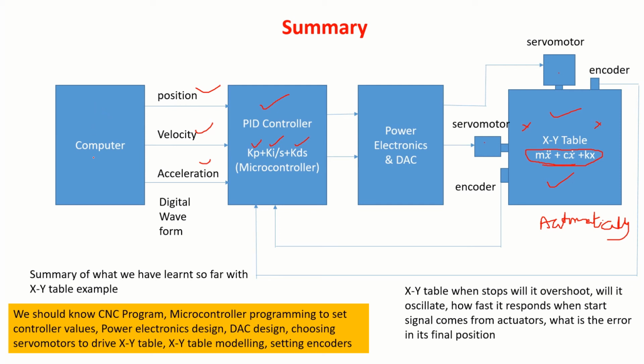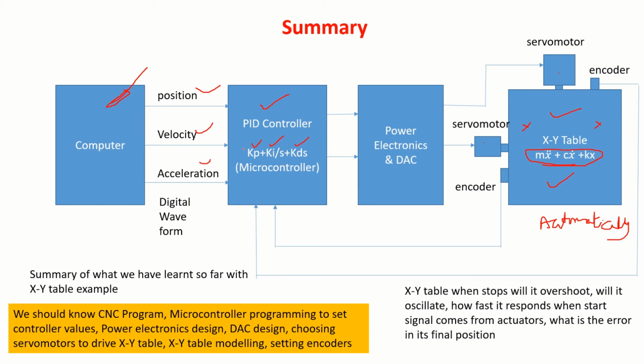So for a particular CNC, based on the controller used, the programming format will be given. As per that program format, you have to program it and send this program. Then this will drive the motors as per the program. As the XY table moves, these encoders continuously monitor the position of the XY table and continuously feed the information back. Accordingly, if there are any errors, it will make those corrections, set the values again and send it. This is how it works.